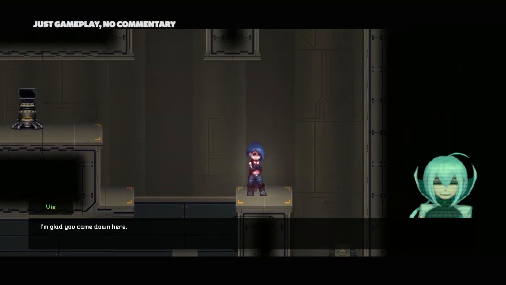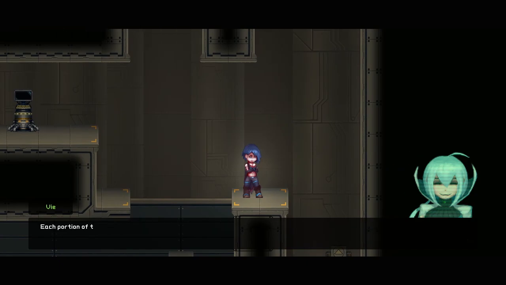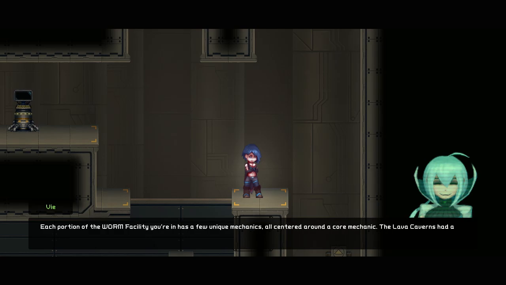I'm glad you came down here, because now I get to explain to you the main mechanic of the gratification factory. Each portion of the worm facility you're in has a few unique mechanics, all centered around a core mechanic. The lava caverns had air vents, the Sillard's medical base had a destructible environment, and the gratification factory...